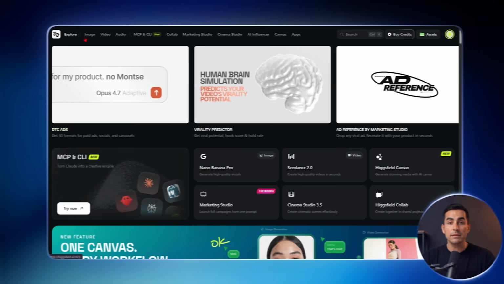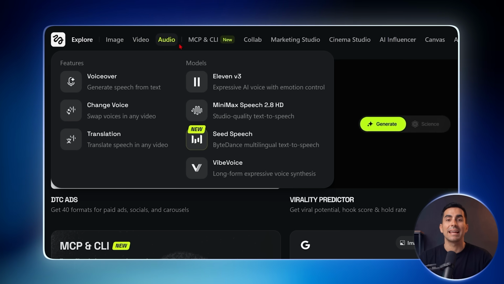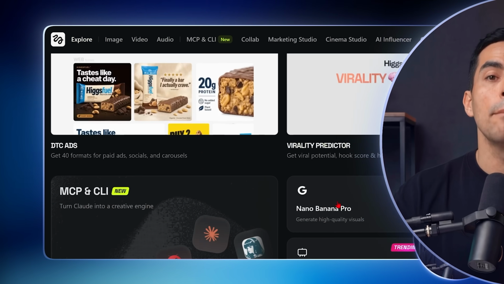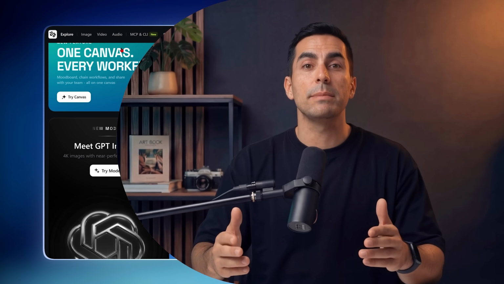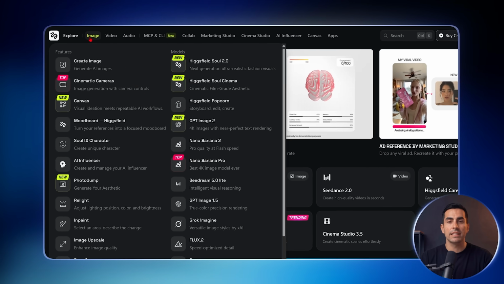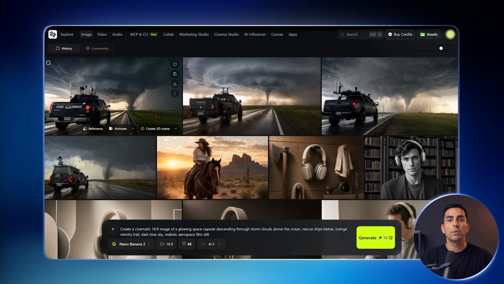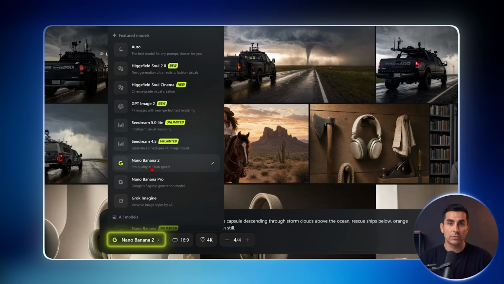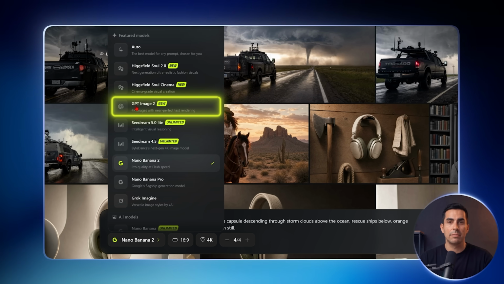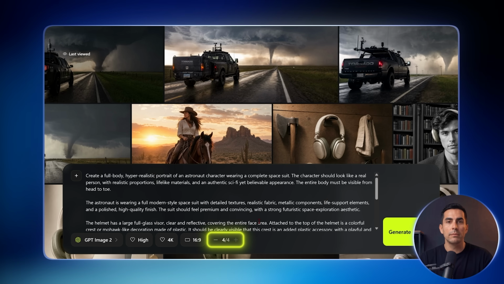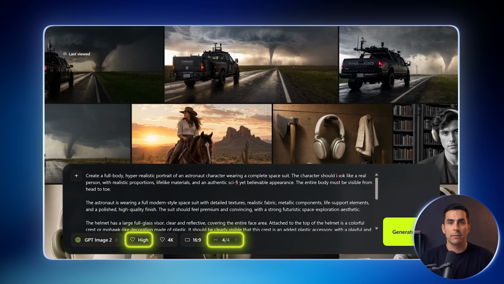We can generate this type of clip inside Higgsfield because on this platform, we have image, video, and audio models in one place, among many other things, without needing to pay for several different subscriptions at the same time. But what matters most for today is that we have access to the Nano Banana 2 model, the same one we were using before. And even more interesting, we also have GPT Image 2, which, according to the rankings, is much more powerful. So we're going to ask it to generate 4 images at maximum quality, just like before.